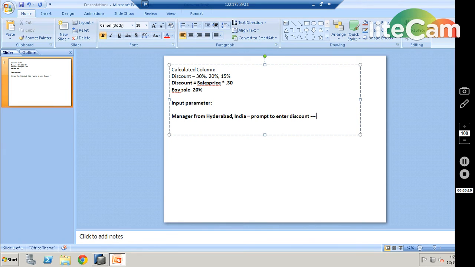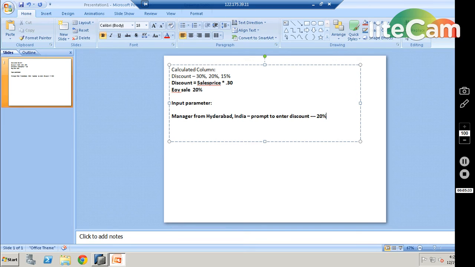He will enter 20%. Based on this, if it is 20% you do this, if it is 30% you do this, if 50% you do this. So you can design your calculated column based on the input that you have provided.